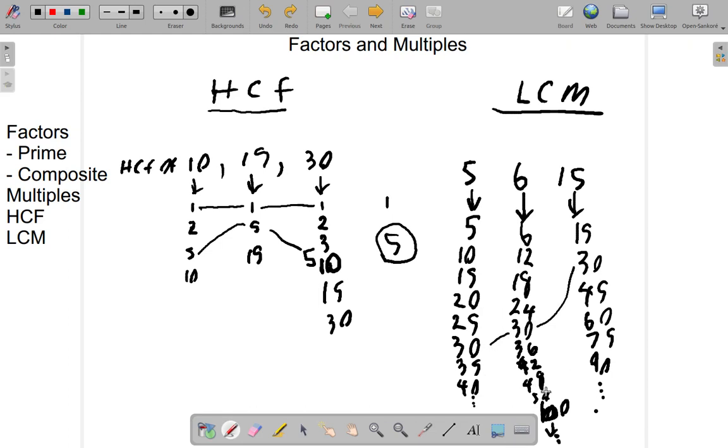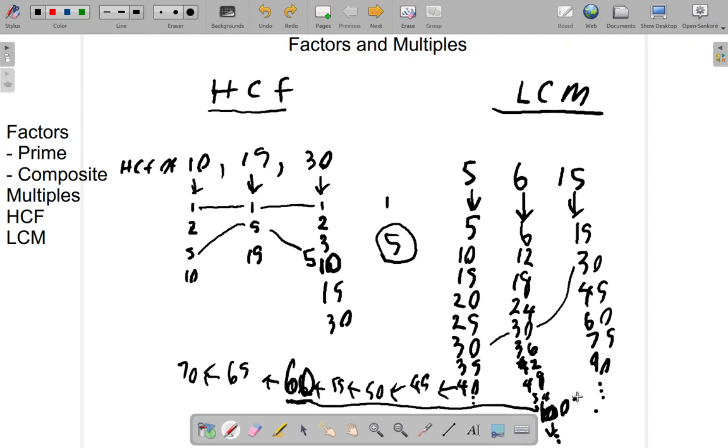Which other ones? Let's continue with the 5 a bit. 5 9s are 45, 5 10s are 50, 5 11s are 55, 5 12s are 60, 5 13s are 65, the next one is 70, and so on. I see a 60 here, there is a 60 here, and there is a 60 here. So this is another common multiple. Common multiples I saw so far are 30,